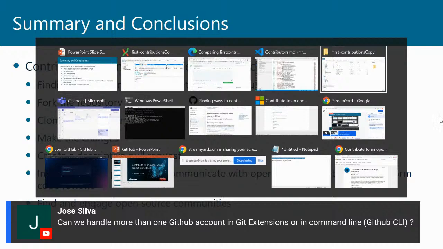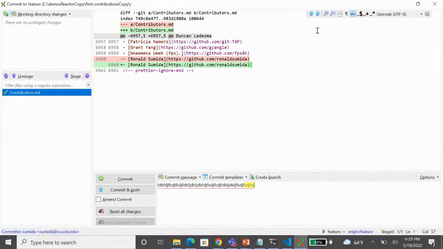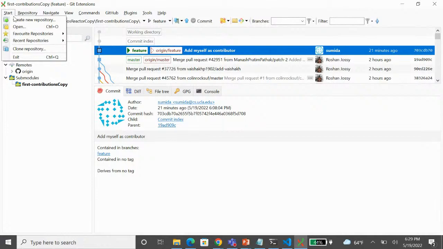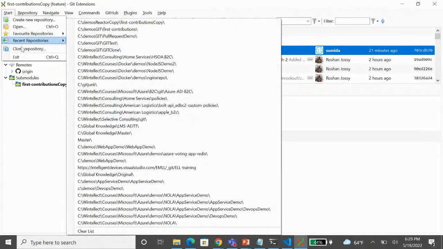I believe so. I think, but that's a really good question. Come to think of it, I don't know that I've ever tried that because I only have one GitHub account. But I believe you can do that. I wouldn't be able to tell you off the top of my head how. Let me take a quick look and see if there's anything here. See if I can figure it out. If it's obvious right out of the box,